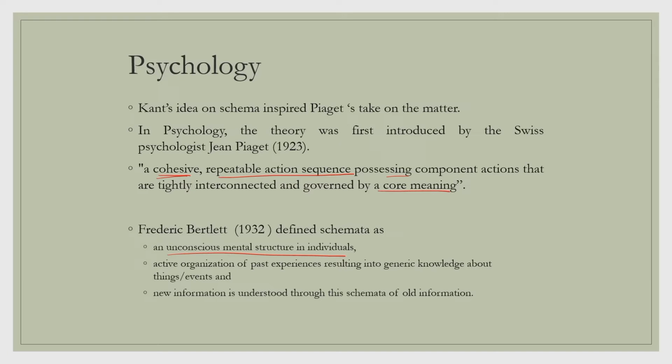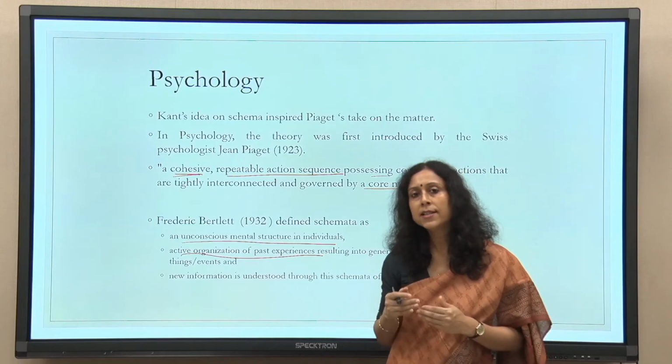On the other hand, philosophers like Immanuel Kant talk about a particular level of imagination where the human abstracts the notions. So, here there is a clearer picture emerging in the 1930s, an active organization of past experiences. This is very crucial. He actually gives it in words. So, there is a schematic representation, a mental structure of an event which has been built up through various past